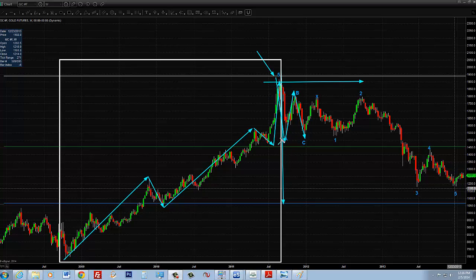And so we got this ABC, which is basically what's called a flat here. Your A and your C are about the same. And my sense was at this point, we were going to witness this market take off and go to new